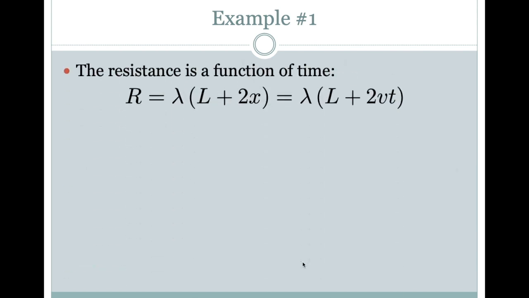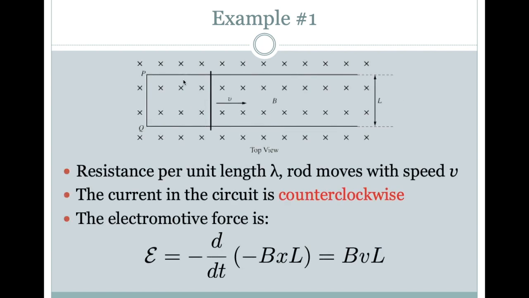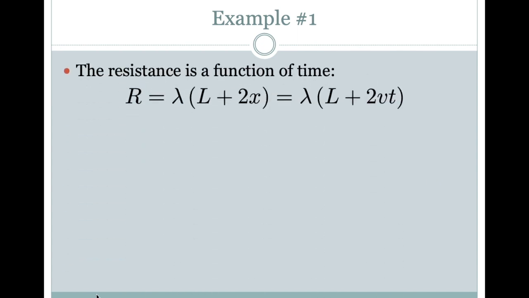The resistance is a function of time as well. Recall that we were given a resistance per unit length, lambda, and so what we need to do is multiply lambda times the total length of the wire in consideration. This is x plus L plus x, and this bar is resistanceless. Therefore, we do not count it. And so the resistance is lambda times L plus 2x, or since x is the velocity times time, lambda times